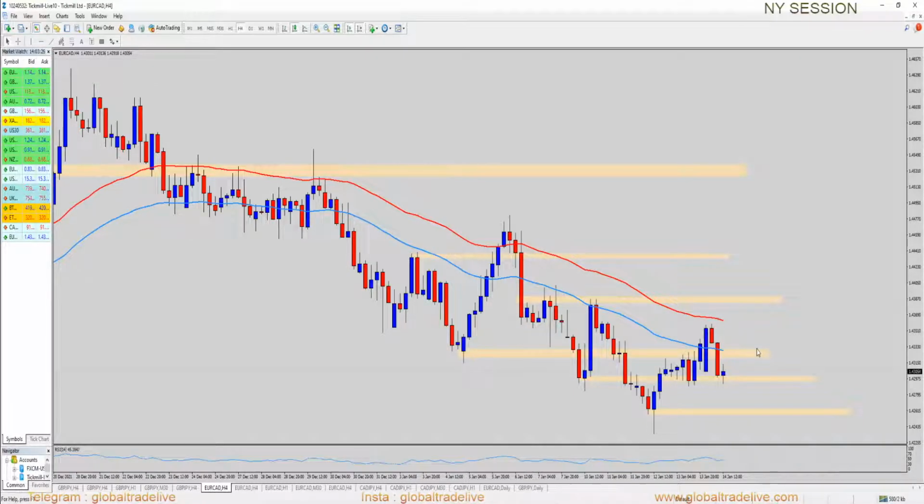So now the picture of EuroCAD might be changing, because now it went up from there, retraced back, went up again, came down. Okay, this can be a retracement back to this area, right? And now the market is rejecting this area. So now if the market starts to go up from here, then EuroCAD will be changing its trend. So yes, we need to be very careful while trading EuroCAD. We don't need this one as well. Okay, this is good.